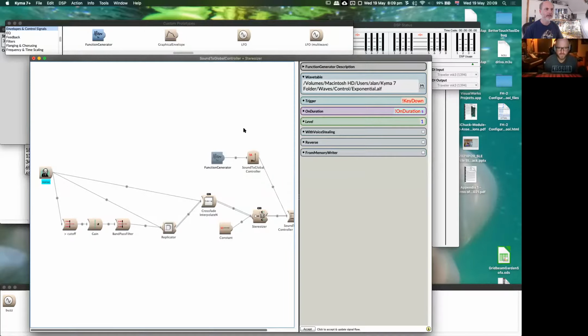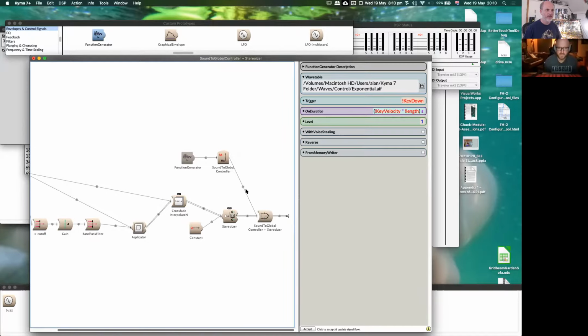Okay. And what should trigger it off? Key down. And what's our on duration? Should we make it key velocity or something crazy? On duration, key velocity. Okay. So key velocity is going to be a number between 0 and 1. So we times that by a quick length, and then make that seconds.